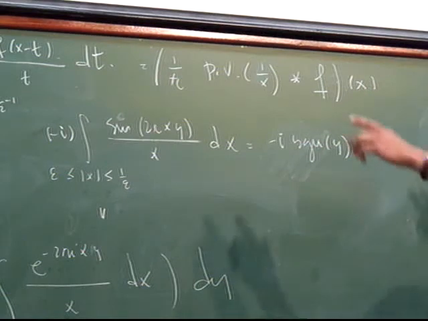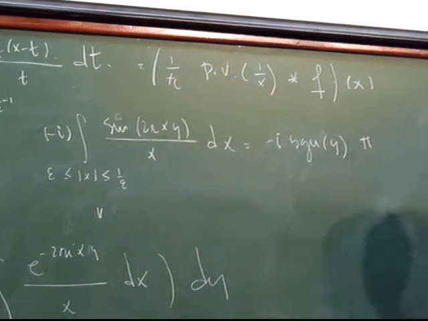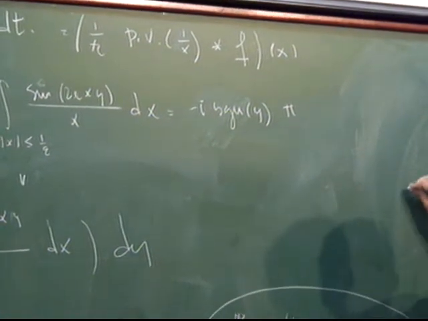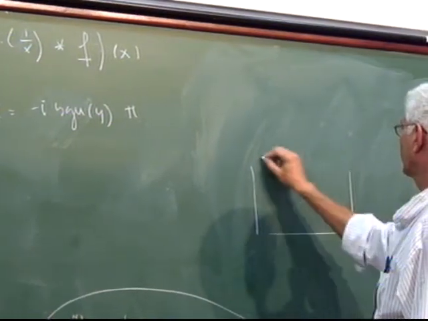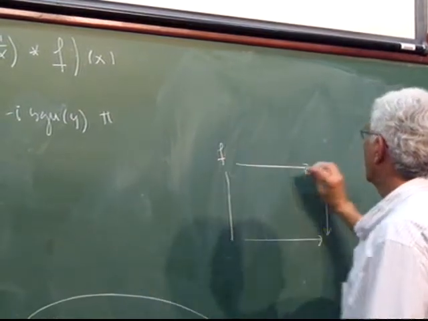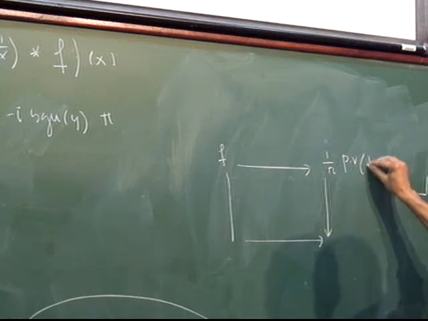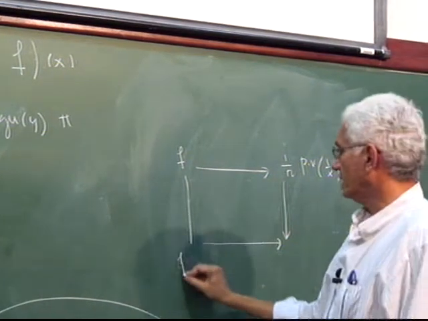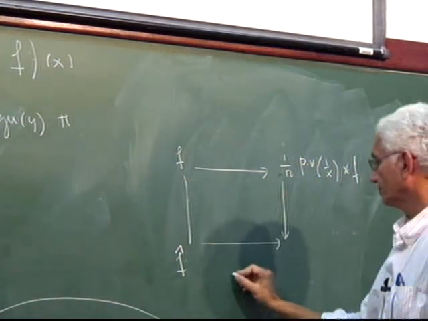Then if you take the Fourier transform forward and backward, you start with f here, and you are taking convolution with 1 over pi principal value of 1 over x, convolution with f. If you take the Fourier transform here, and you multiply by the Fourier transform of this one,